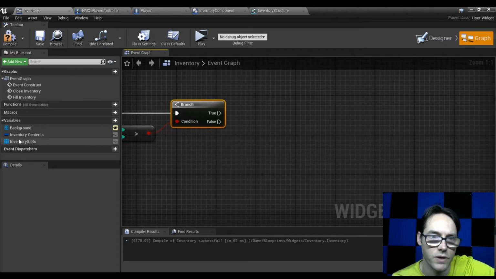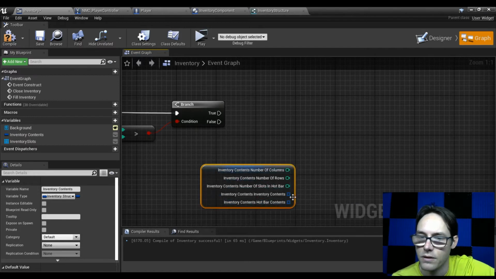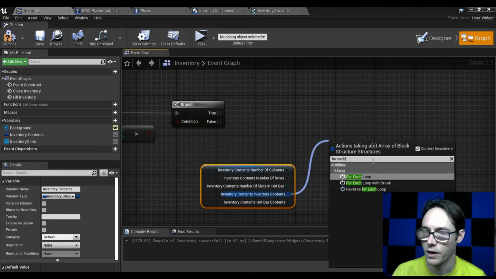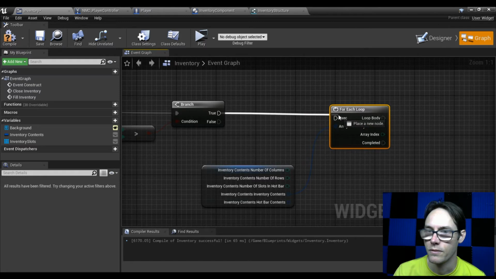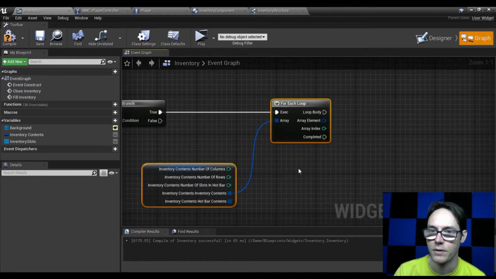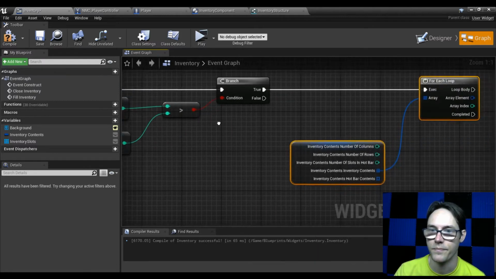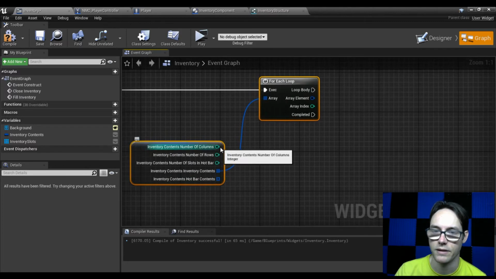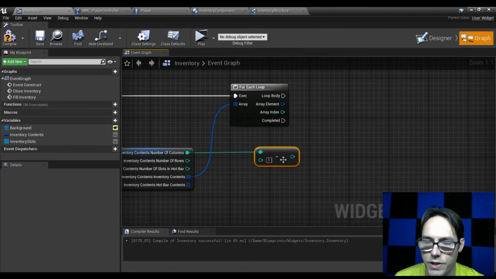So from here, let's grab our inventory contents. We'll drag that in. Get. You can split the pin. From the inventory contents, let's go ahead and do a for each. We will not do the one with the break. We'll get the regular one. Okay. So this is if we're going to expand our inventory, then we're going to rebuild it and then update it. And then we need to take the number of columns -1, and we want to make sure that we're checking to see if this is less than the number of